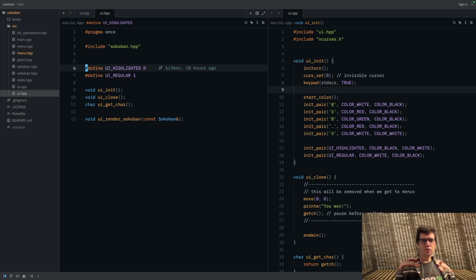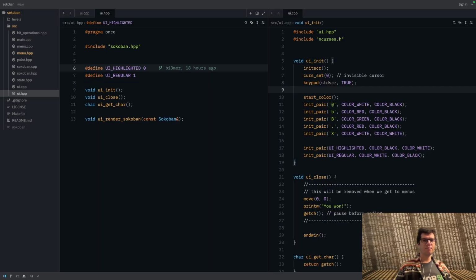Hi everybody. So in this video we're actually going to start by fixing the problem from the last video where the highlighting wasn't working as expected. Then from that we're going to go into turning the whole thing into more of a generic state machine with inheritance. And then at the very end what we'll do is make it so there's an exit option